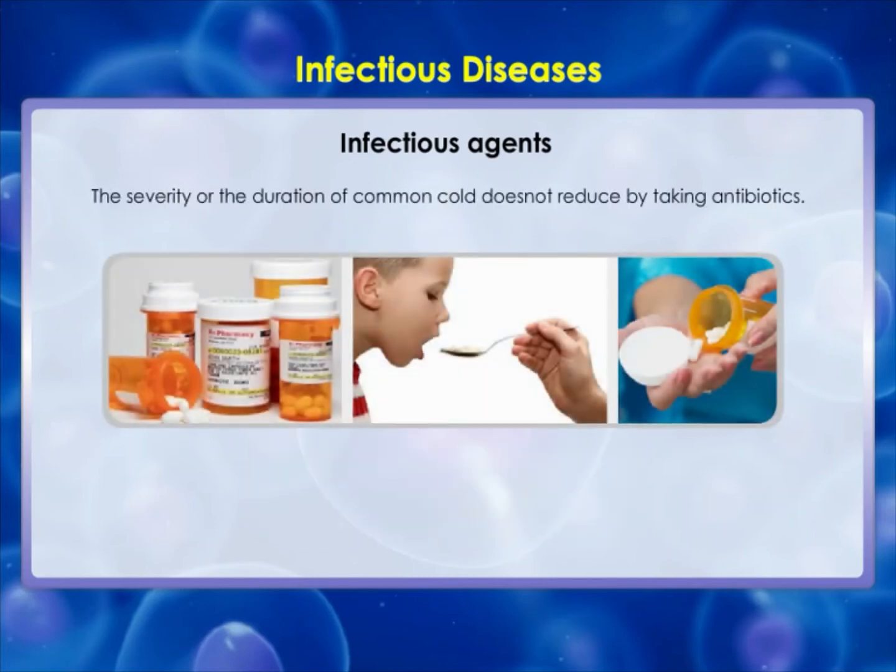But viruses do not use these pathways at all, and that is the reason why antibiotics do not work against viral infections. If we have a common cold, taking antibiotics does not reduce the severity or the duration of the disease. However, if we also get a bacterial infection along with a viral cold, taking antibiotics will help. Even then, the antibiotics will work only against the bacterial part of the infection, not the viral infection.